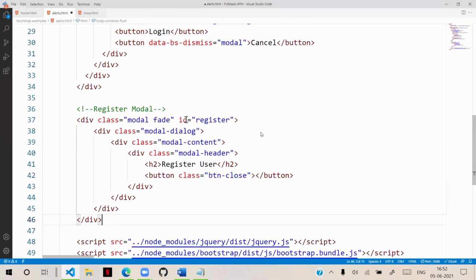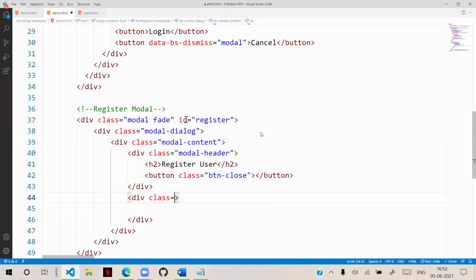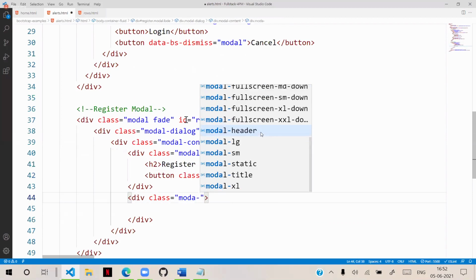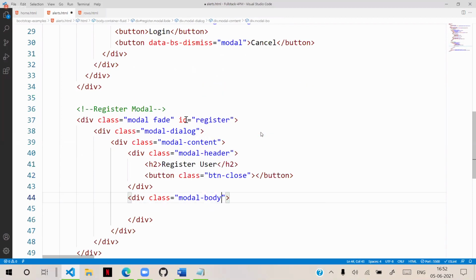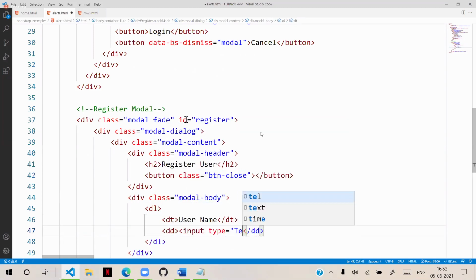Okay, and after that we will have a div. So the class is modal body. In the modal body, we will create a data list with a data term, so username, and data definition, input type is equal to text.